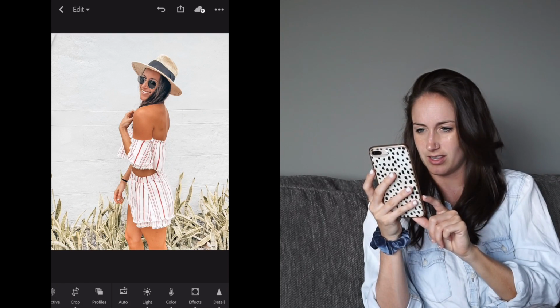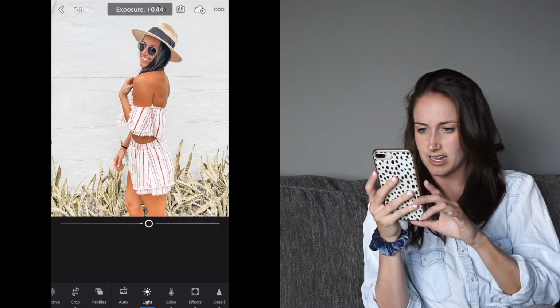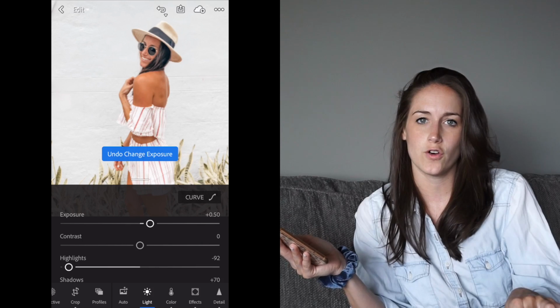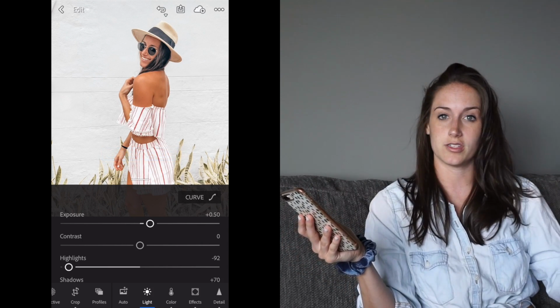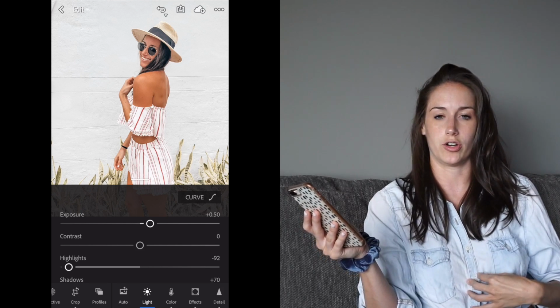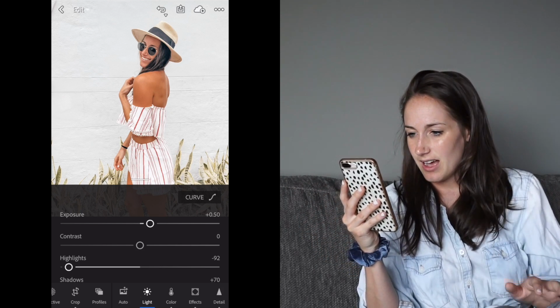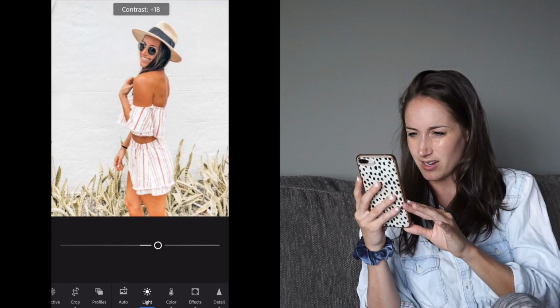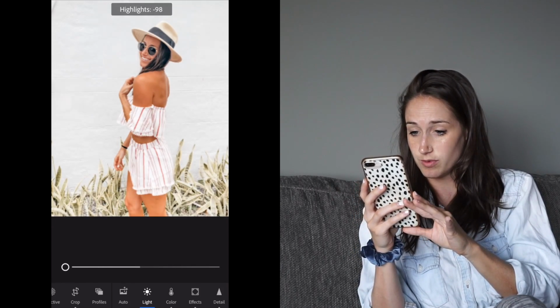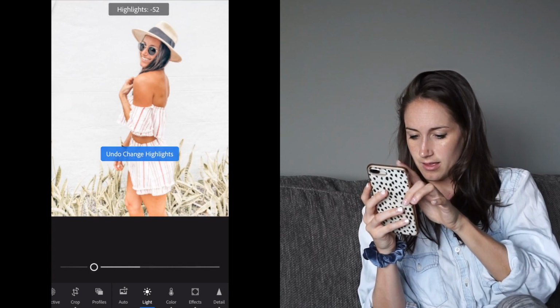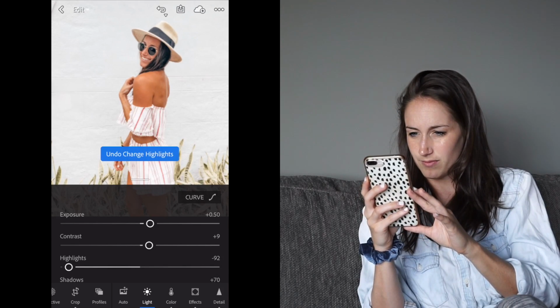As I said, I usually go into the light first. Honestly, I remember really liking this. And I had to edit this photo under a towel at the beach, which, if anybody's ever edited a photo at the beach in the sun, you know that it is one of the hardest things. So it took me a while. Let me add the contrast. I like it with a little more contrast. Highlights. I definitely wanted this photo to be really bright, but it already looks, maybe I'll make it like,